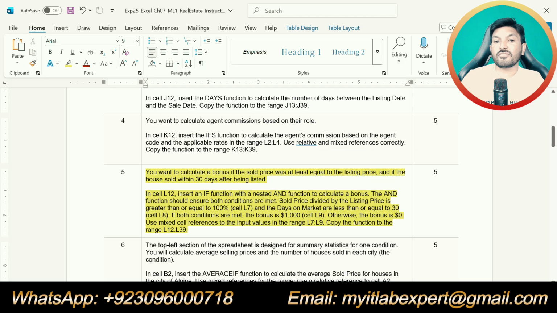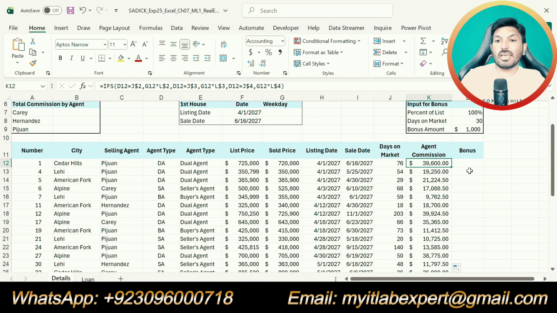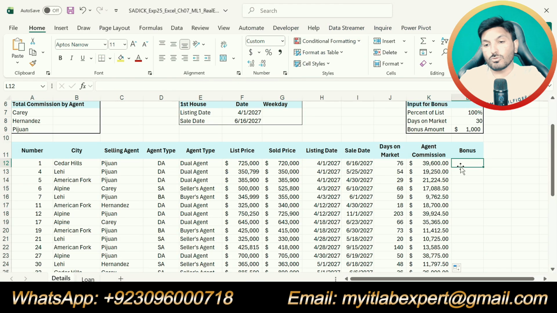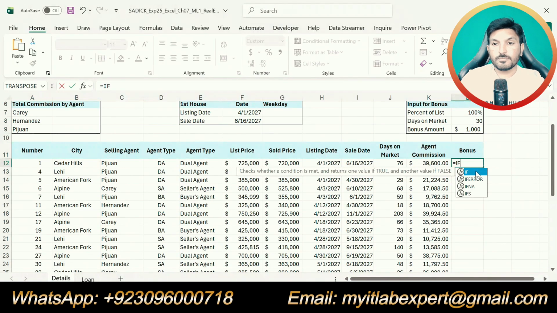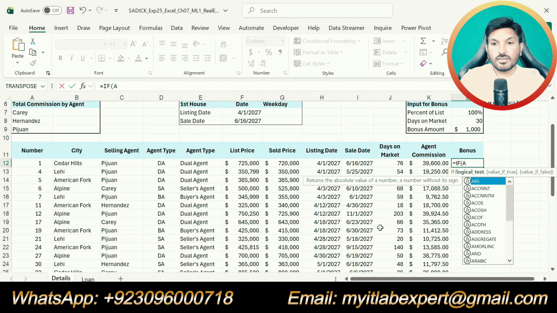Use mixed references to the input values in the range L7 up to L9. So we are going to use the mixed references for column L. Copy the function to the range L12 up to L39. So first we will go to cell L12 where we are supposed to use the IF function. Then we will use the AND function.